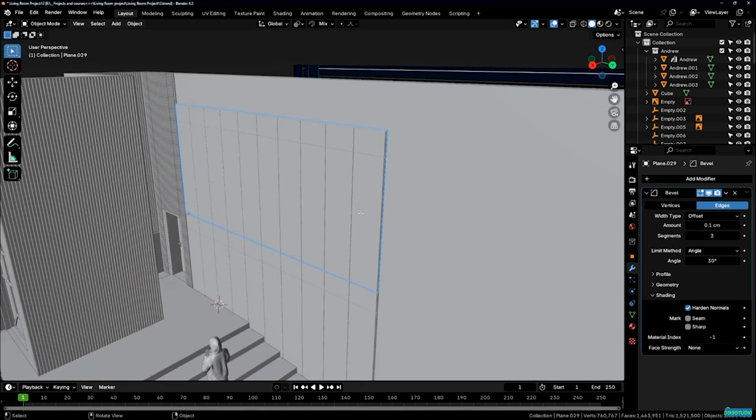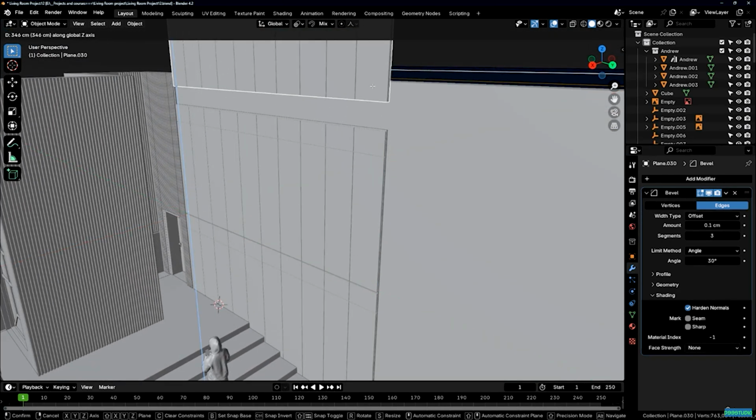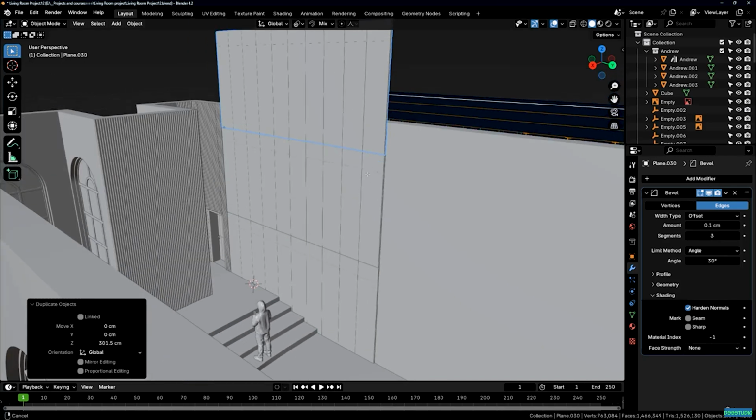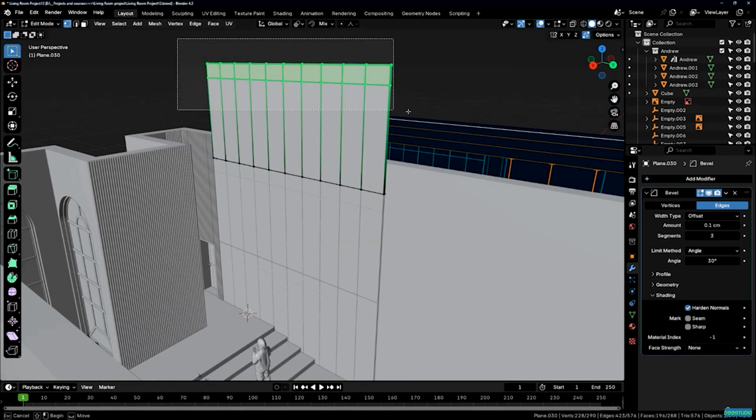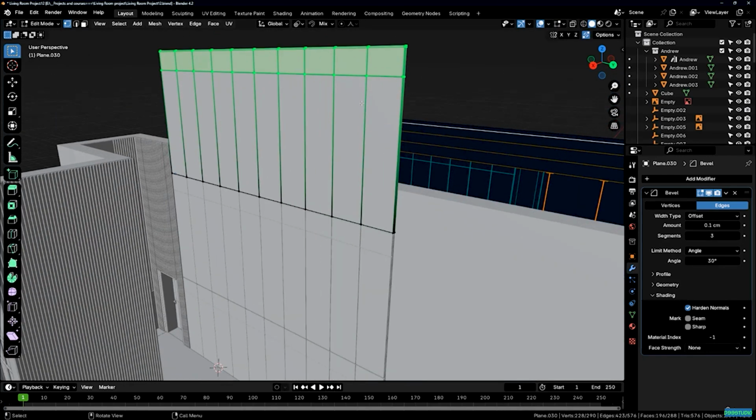And actually, you can have another copy if you like. You can take another copy and you can grab these vertices and move